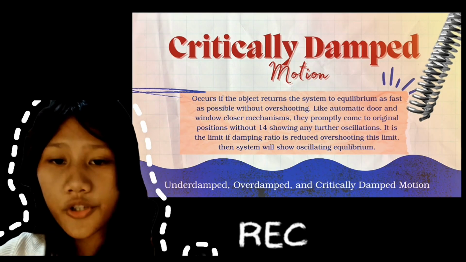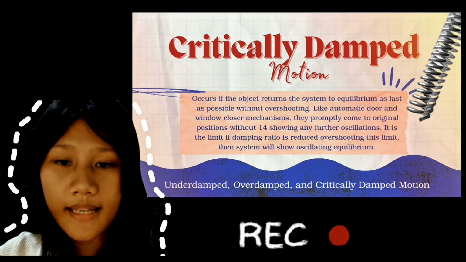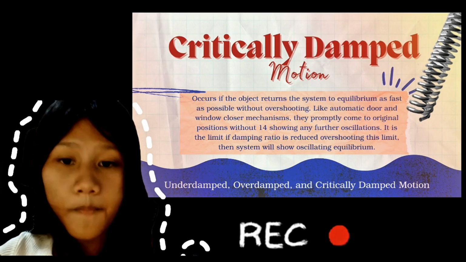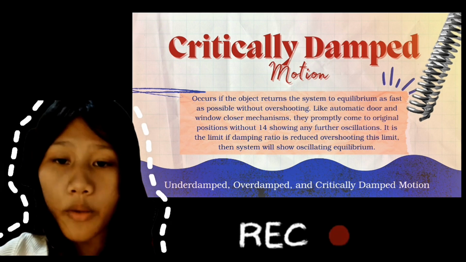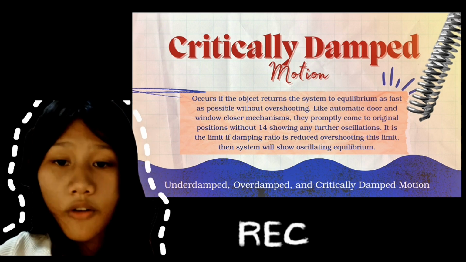Critically damped motion occurs if the object returns the system to equilibrium as fast as possible without overshooting. Like automatic door and window closure mechanisms, they promptly come to their original position without showing any further oscillation. If the damping ratio is reduced beyond this limit, the system will begin to oscillate again. Simply put, this is when the system returns to rest quickly and smoothly without bouncing or going past the center